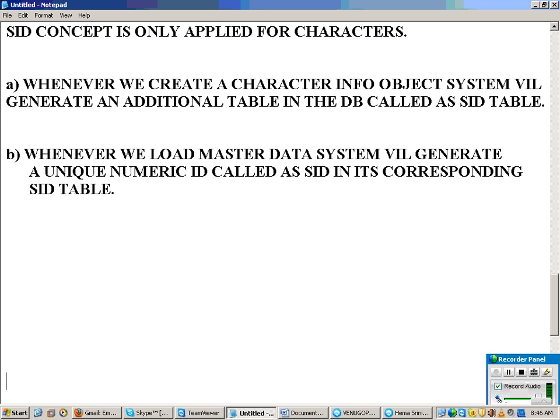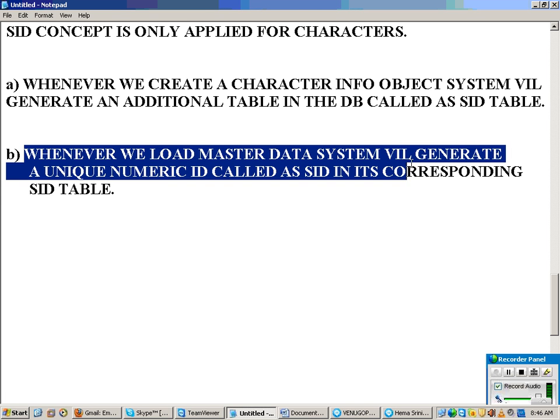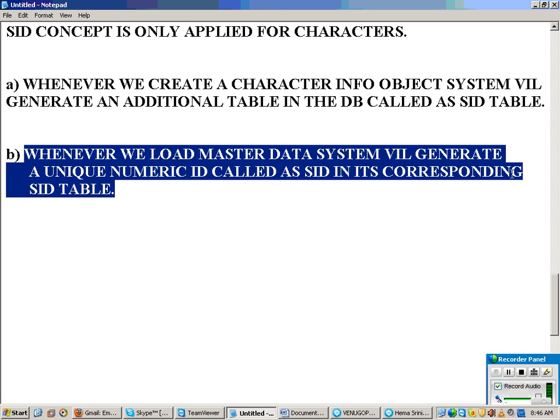So whenever we load master data, what is going to happen now? The system is going to generate one unique numeric ID called SID in its corresponding SID table.